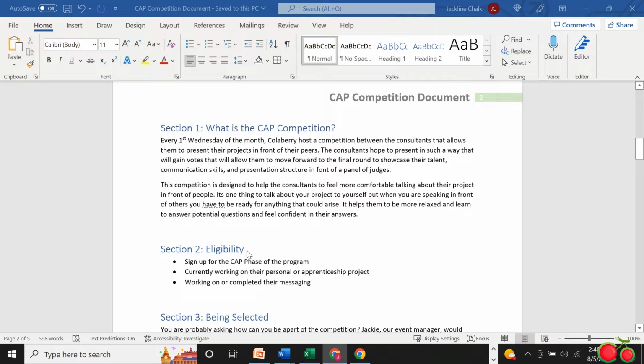CAP competition is an event that we have here at Colaberry that happens the first Wednesday of every month. We have students that come out, 5 students in total, and they showcase their projects in front of their peers. And their peers get a chance to vote on who performed best. And the top 3 from those 5 students get to move on to the Data Talent Showcase at the end